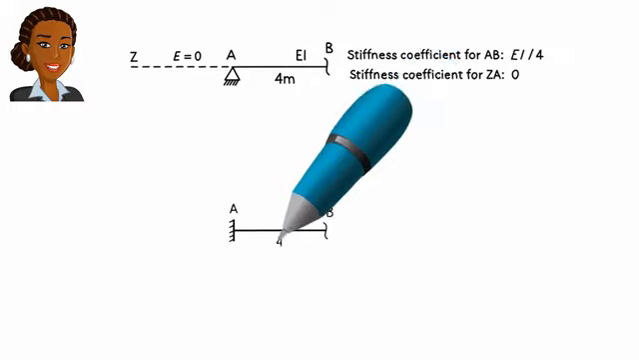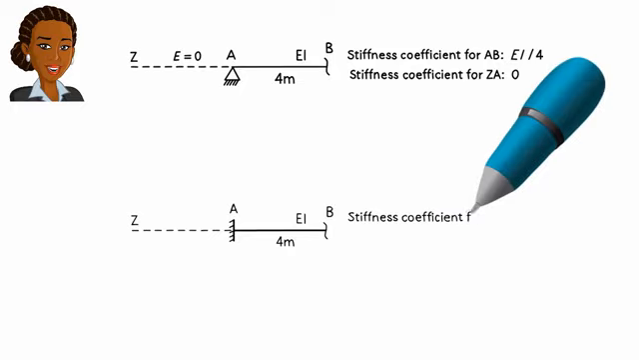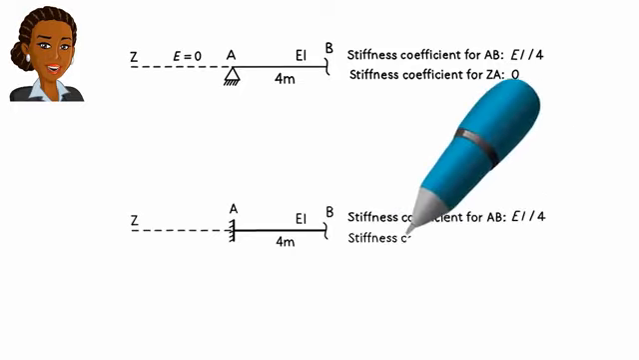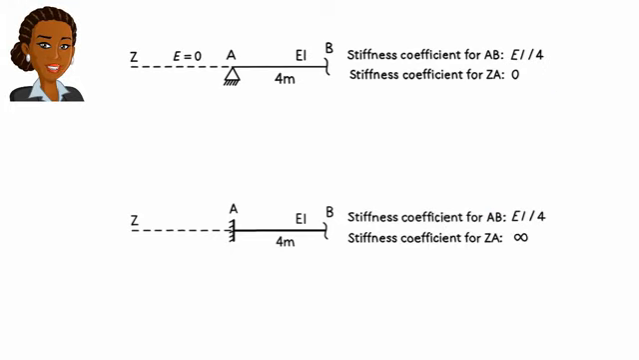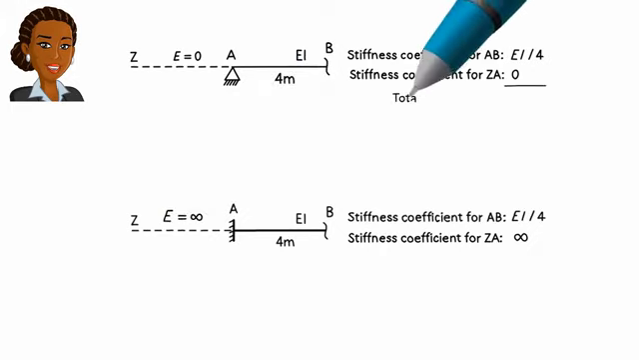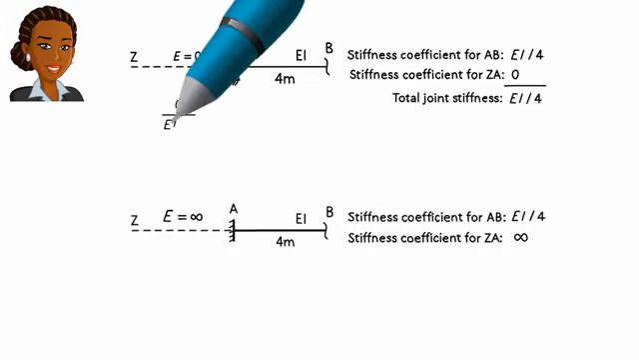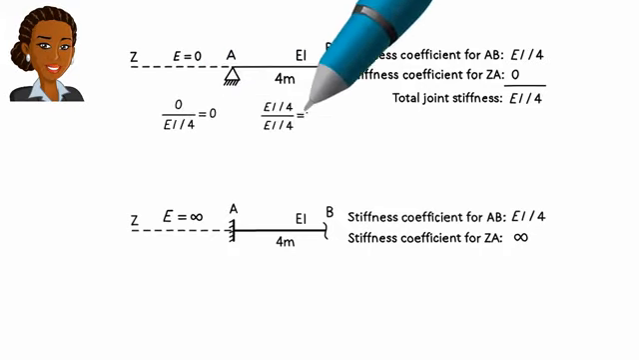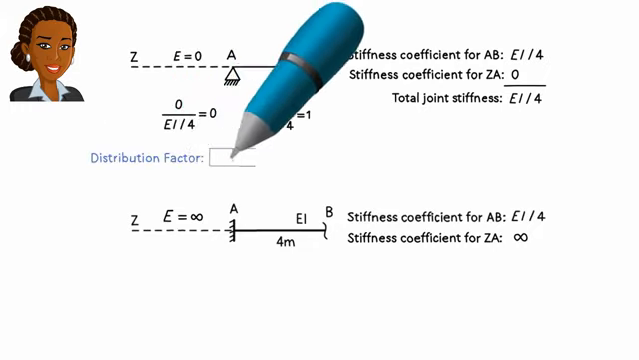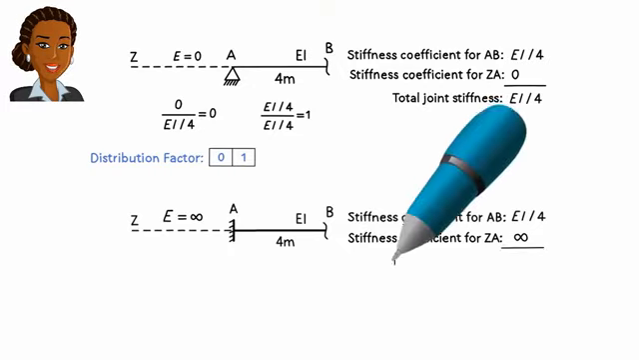For a fixed support, like a rigid wall, the stiffness is assumed to be very large, large enough to prevent any movement of the structure at that joint. Therefore, we could assume a stiffness coefficient of infinity for our imaginary member. Therefore, for a pin support, the distribution coefficients can be computed like this. For a fixed support, the distribution factors are: